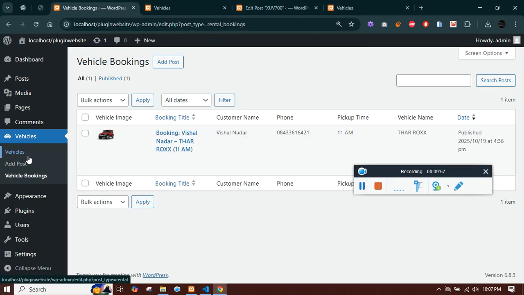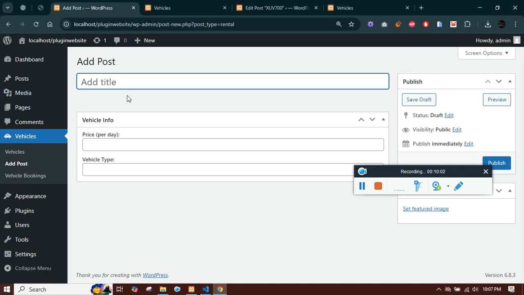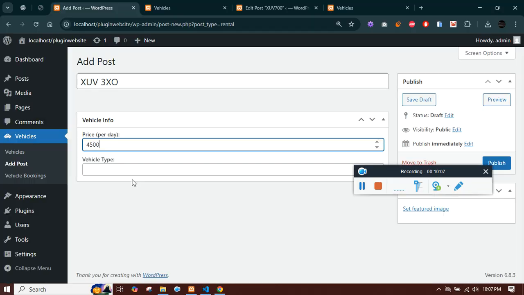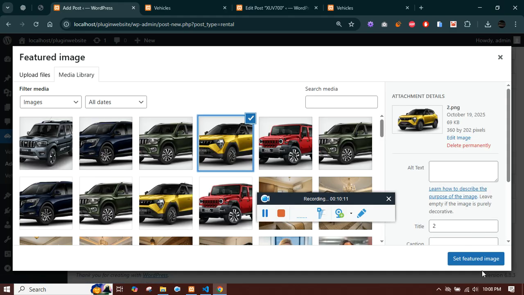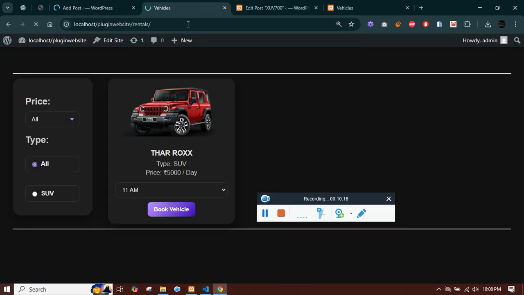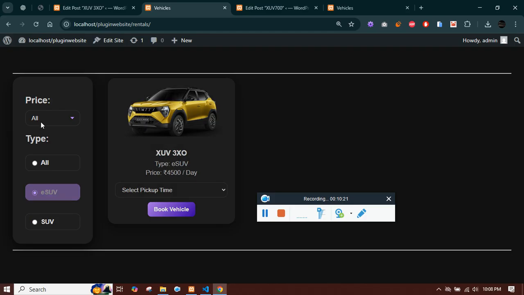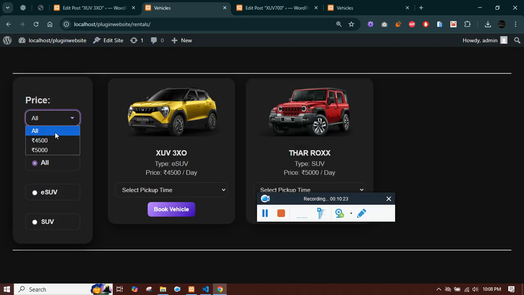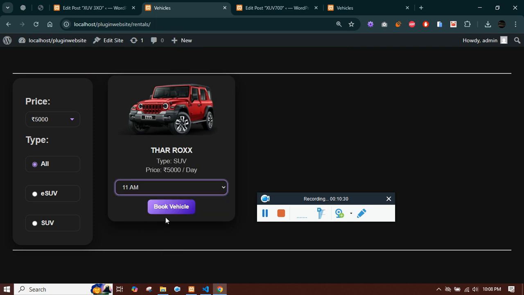Now let's try adding one more card. This is the car, and this is the price, and this is the SUV option. And let's pick the vehicle and click on set featured image. Now in the archive you will see the data would get populated, and the filter also works fine. And you'll see on the drop down you will have 4500, 5000 per day. And if I make an inquiry on one, let's select a time and inquiry,